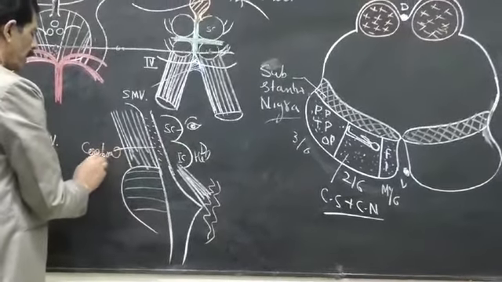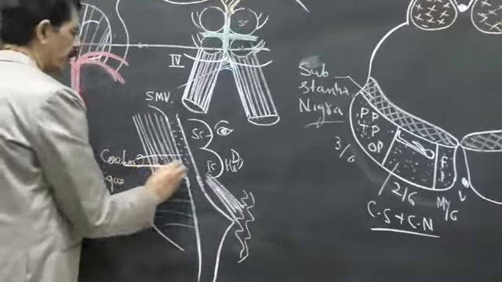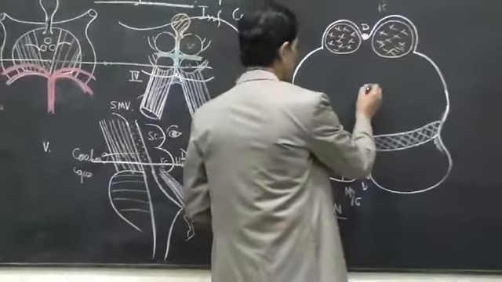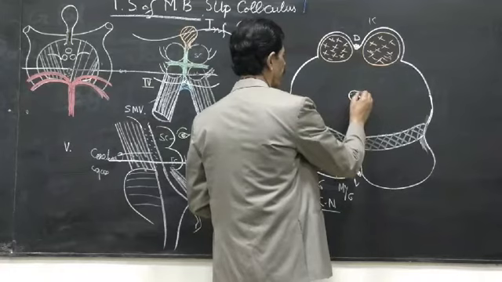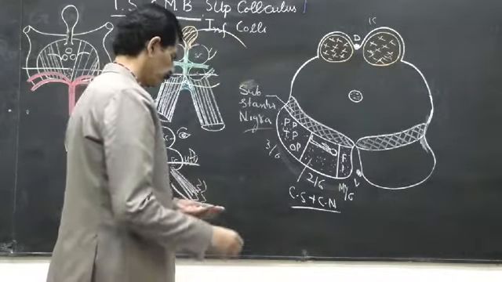So when you cut at the level of the inferior colliculus, in the midline we see the cerebral aqueduct filled with the CSF,